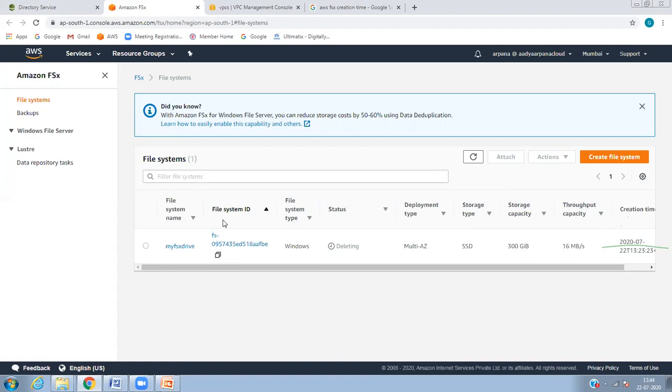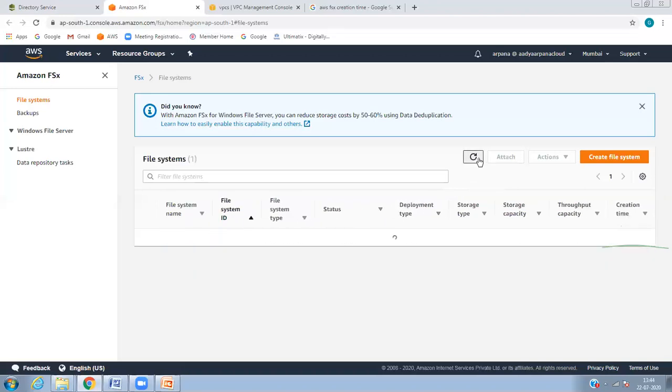Then we went to the server and changed that instance to the domain. Then we got the FSx and mapped it with a drive letter. So this is the concept of FSx. Got it, right, guys?